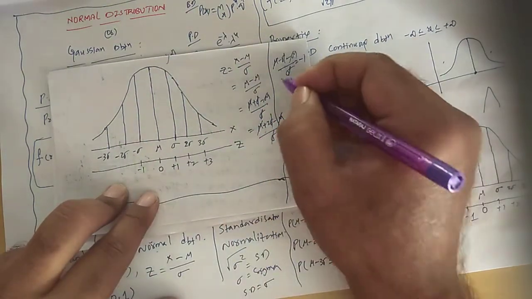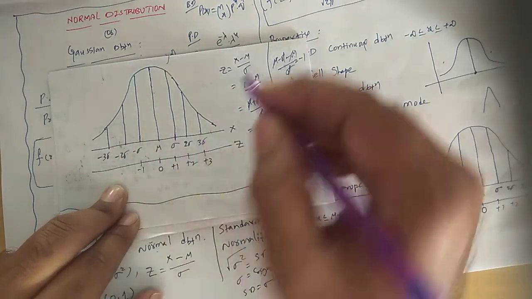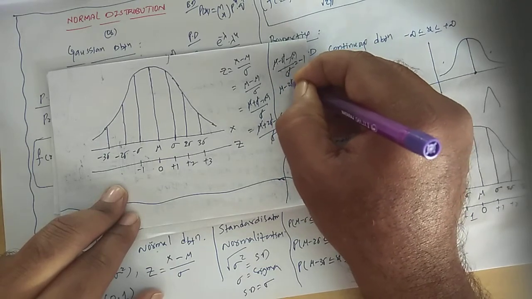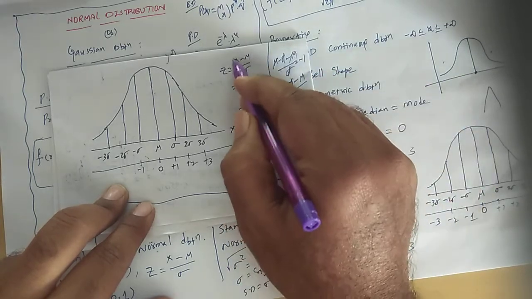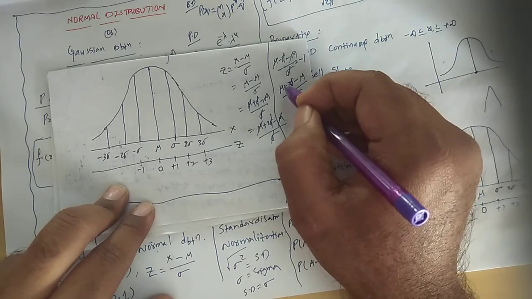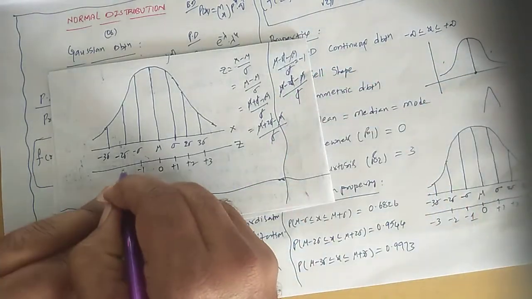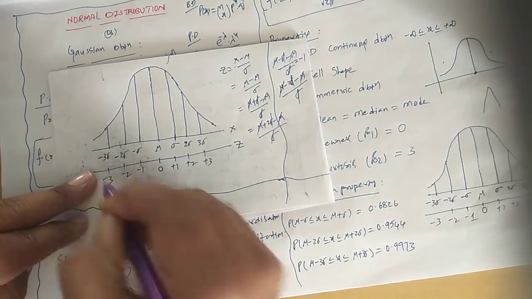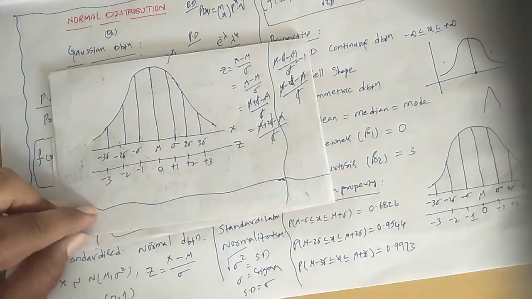Same, what is this value going to be? From here, negative, left-hand side means minus. So mu minus 2 sigma, minus mu, by sigma. Substituted here. What is the x value? Mu minus 2 sigma, this value as it is. Again mu gets cancelled, sigma sigma gets cancelled. What is there? Minus 2. Same way the final value is going to be minus 3. So all these values are tabulated.